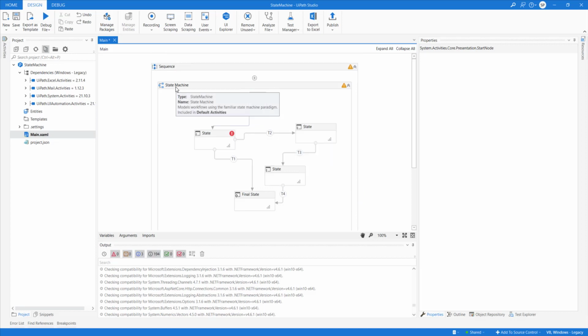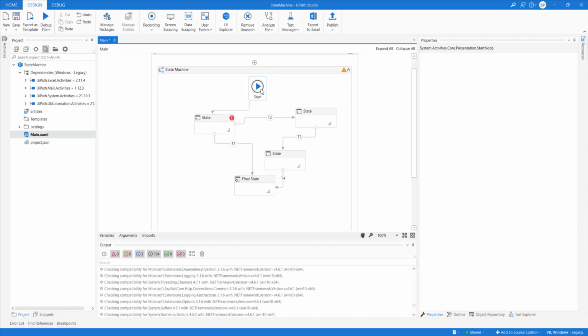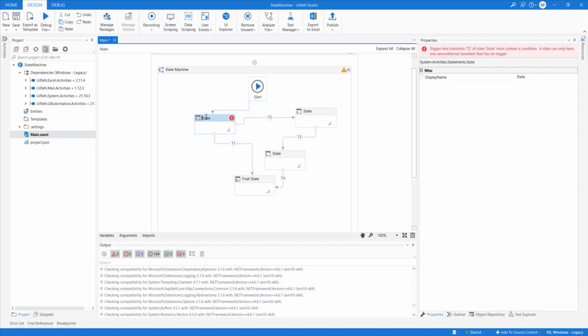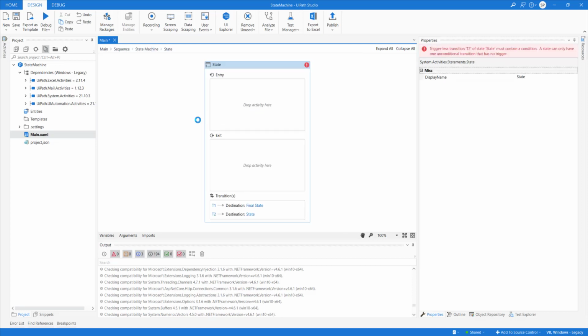So the first thing you need to do is bring a state machine. The moment you bring a state machine, it will contain a start node, and from the start node you should be able to define the states: one state, another state, then another state, and then a final state. Final states do not have exit criteria. Now when you click on a state, it will show you the entry and exit.